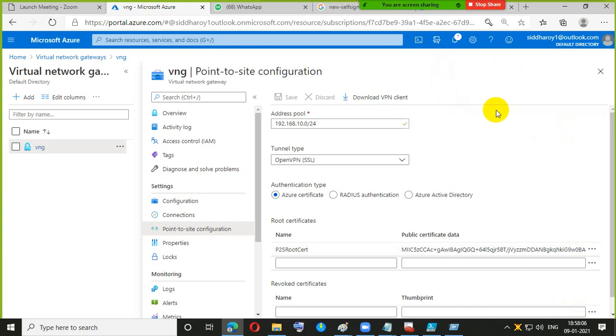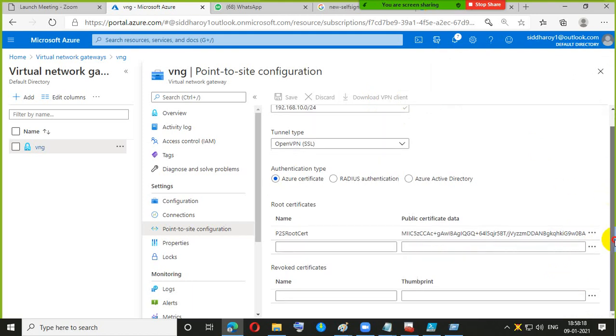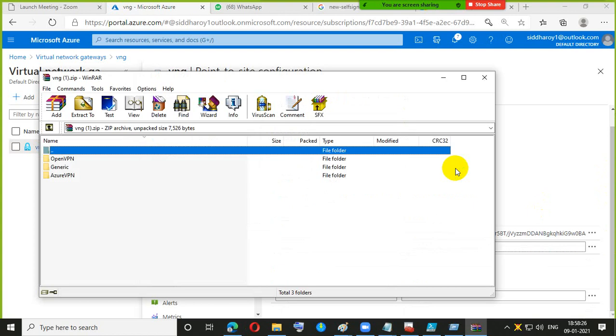So what I need to do is download the VPN client. Okay, so I want to export it.